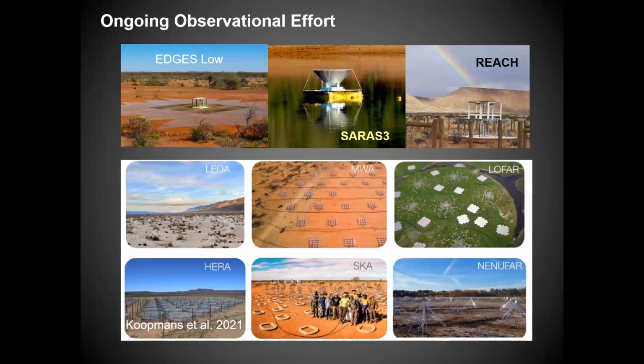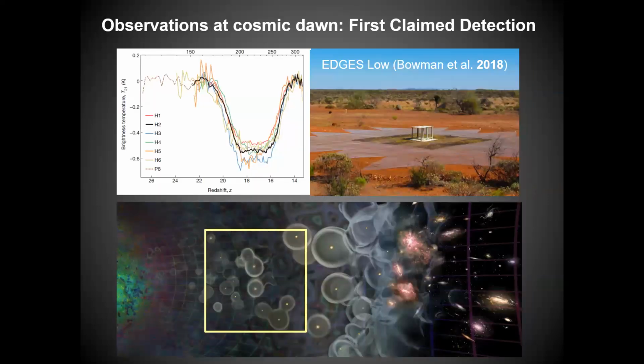By design, different telescopes are sensitive to specific radio frequencies, of course, but most of them have very broad radio frequency ranges. So this one was actually the first ever detection claimed in the history of 21 centimeter signal from cosmic dawn, done with this. I don't know if you heard already about this EDGES signal. Have you? No, that's another big kind of mystery, but probably it's just systematic error of the